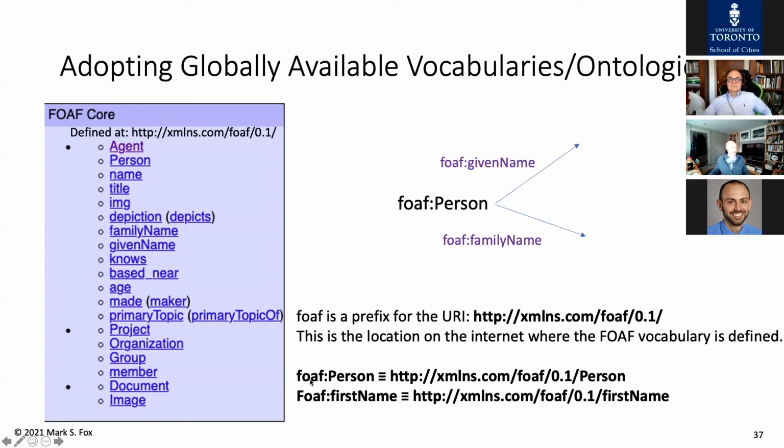But the whole point is FOAF person is a short form for this URI that uniquely identifies this concept person. And FOAF, this should be a small letter, not a large. First name is equal to this URI, which uniquely identifies the property first name. So by using that,